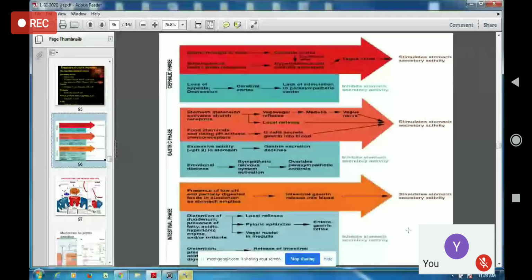Okay, so when you are asked in exam about HCl secretion, be careful with this question because many times,